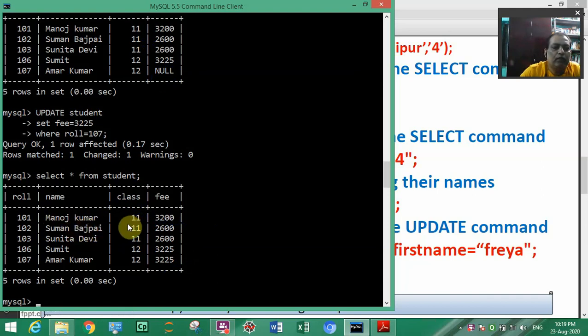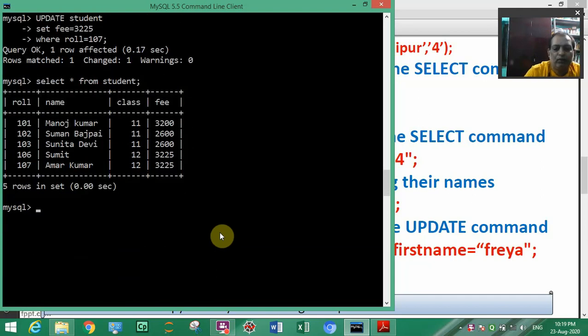We want to change the class to 12. It was earlier entered as 11, so how do we update it in the next step? Similarly you can write update student, then set class 12, then where roll is 101.